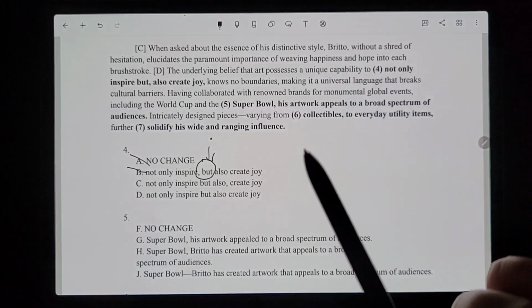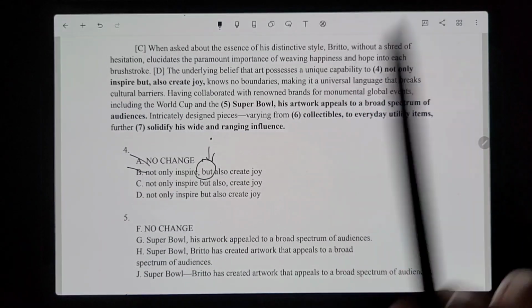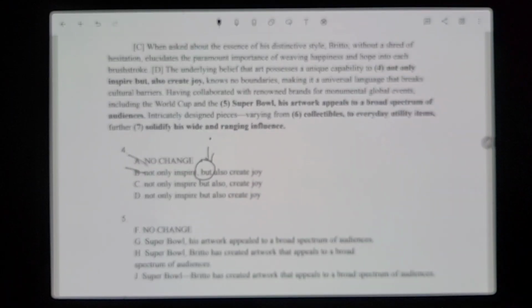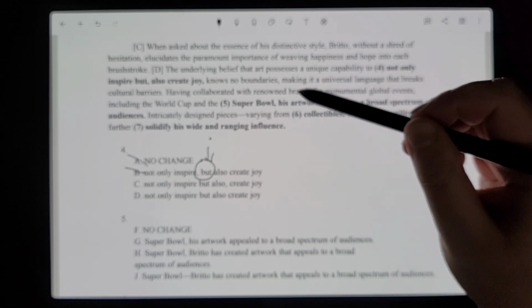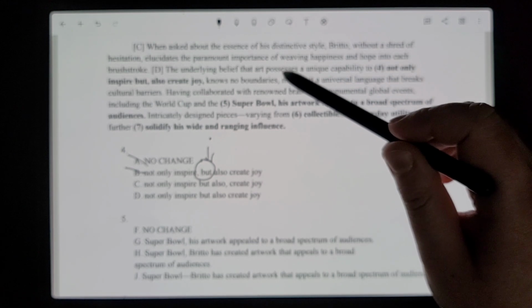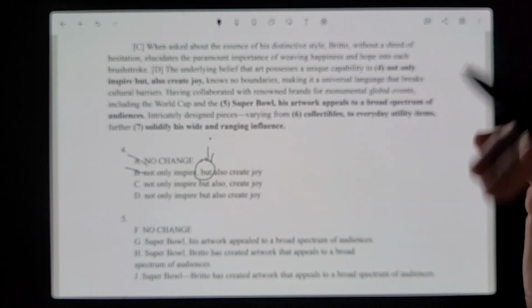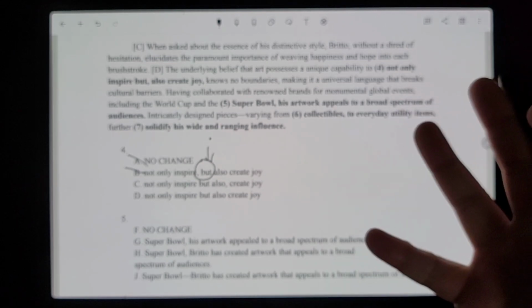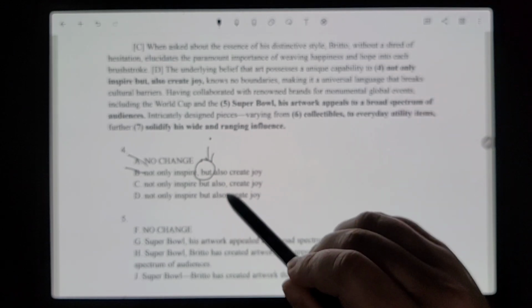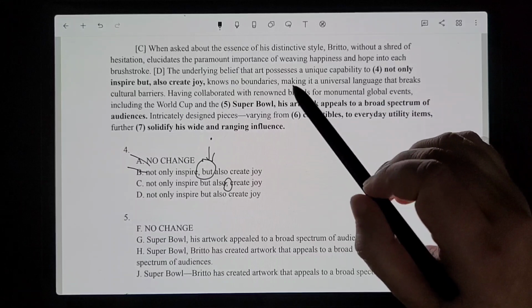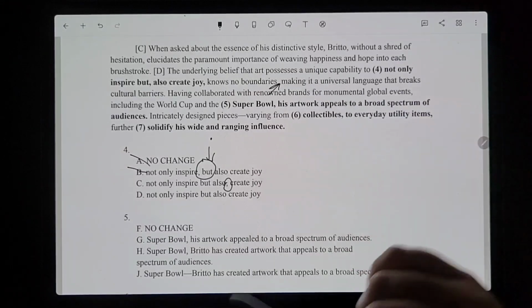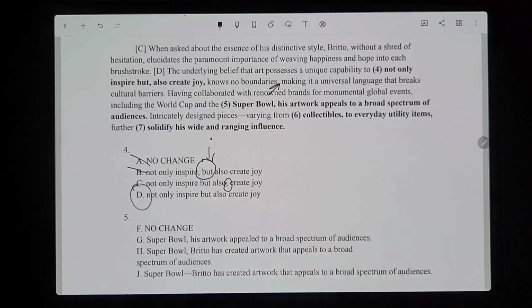So when we have an independent clause and a dependent clause that starts with a verbing modifier, we have to connect those with a comma in between. And there's no reason to place any extra commas in the sentence. So C would be incorrect, because there's no reason for that comma to be there. We just need that comma separating these clauses right here. So it would just be D.